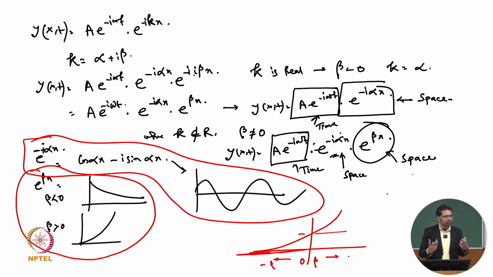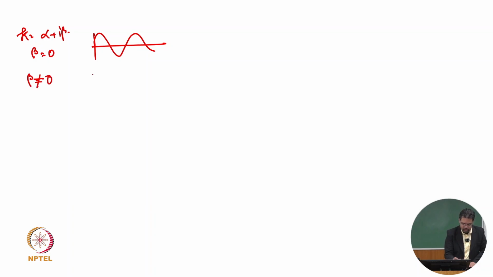Once we are multiplying the two waveforms, we can think of one as a window and we are sending the other through that window, so it is getting smaller or larger. So we have kappa equal to alpha plus i beta. Now if your beta is equal to 0, I will have a wave like this. Once the beta is non-zero,